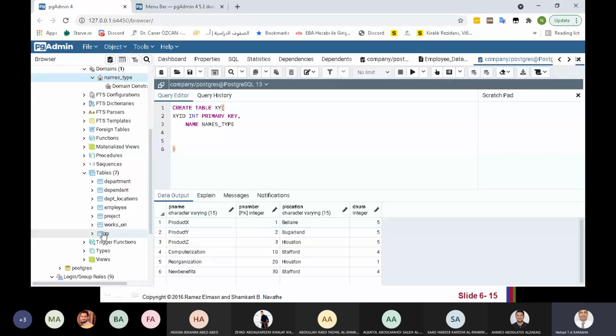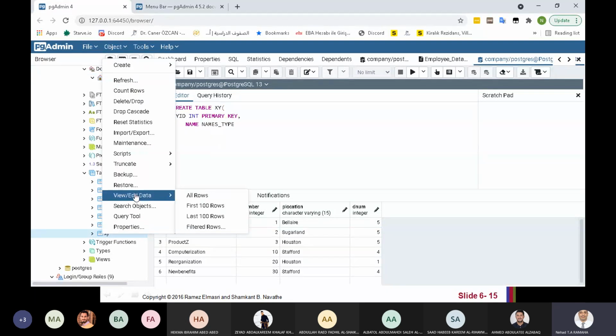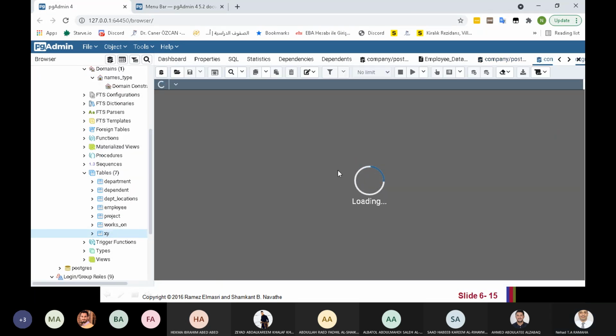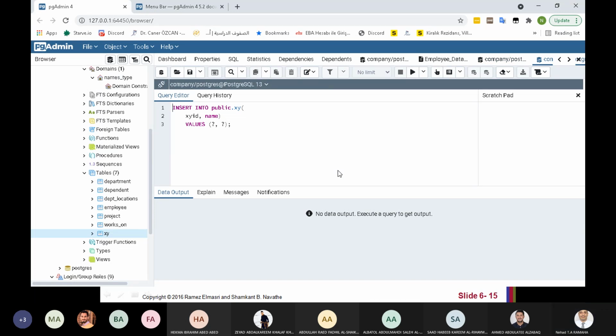Because we did not take the insert statement until now, we can just use the click to insert here. Okay, insert into XY and these attributes. Later we will take this insert statement.